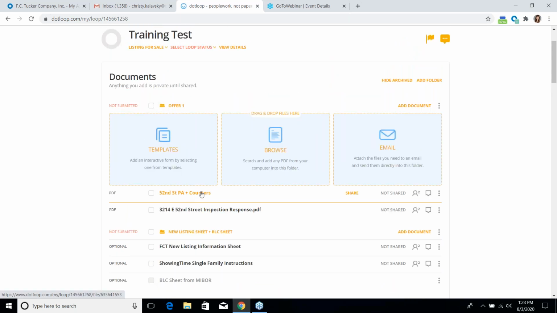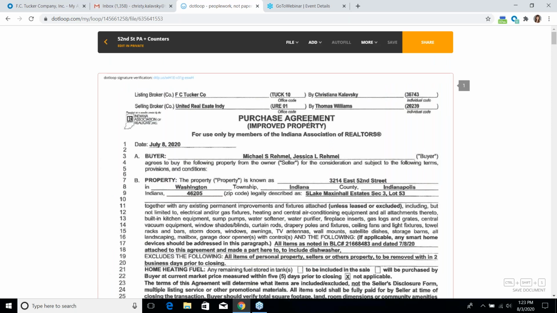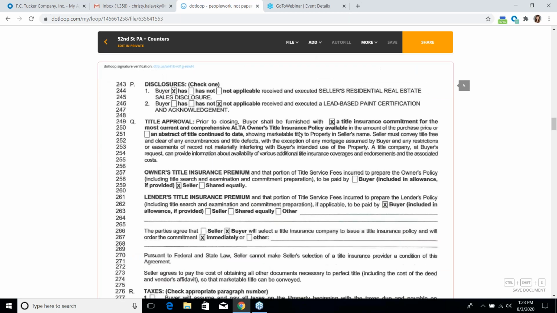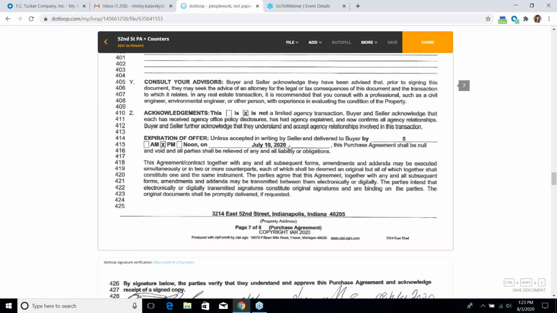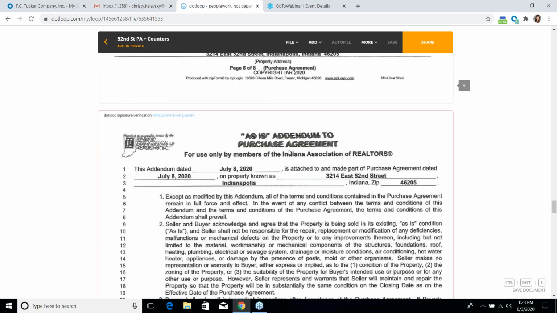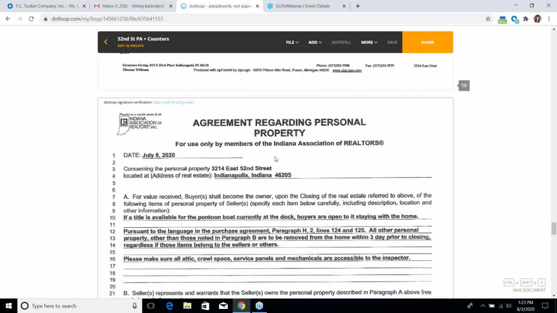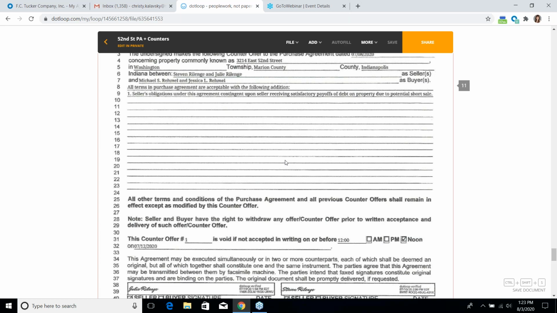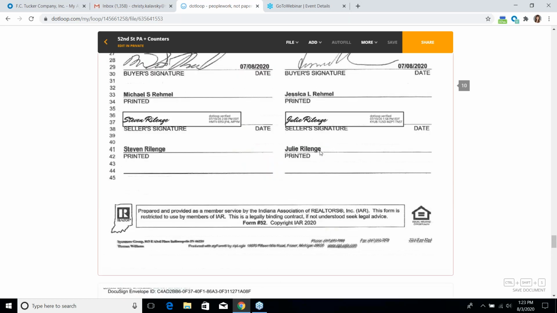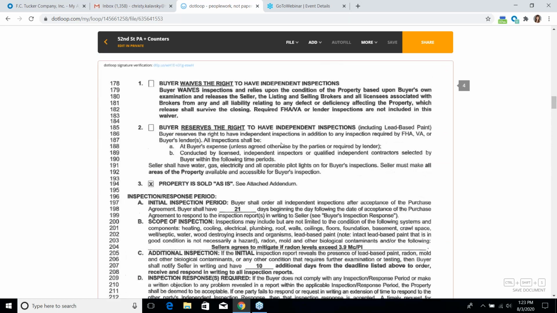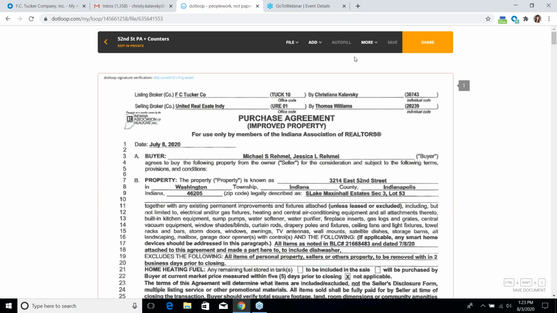Okay, so here's the one I just uploaded. And it's got all kinds of stuff. I'm going to scroll through quickly, but here's my purchase agreement. Beyond that, I've got an as-is addendum. I've got an agreement regarding personal property, a couple counter offers, et cetera, et cetera. There may be a reason that I don't want all of these combined. Like maybe I only need to get a signature on one or two of the documents, so I need to